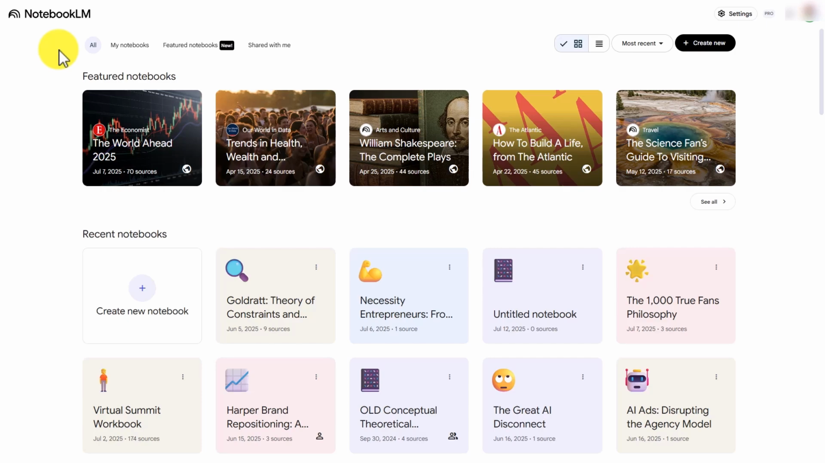Hi there. In an update being rolled out to accounts in Google, NotebookLM now has featured notebooks created by others